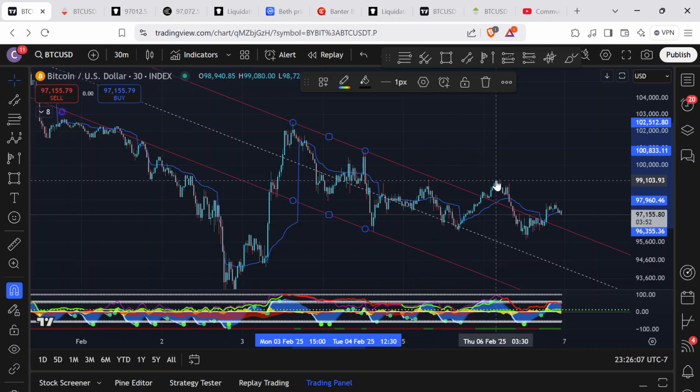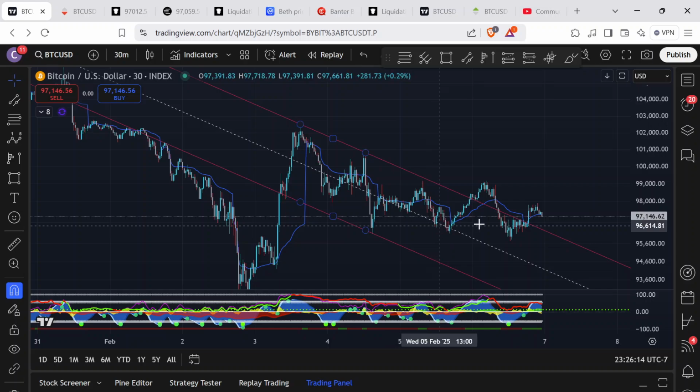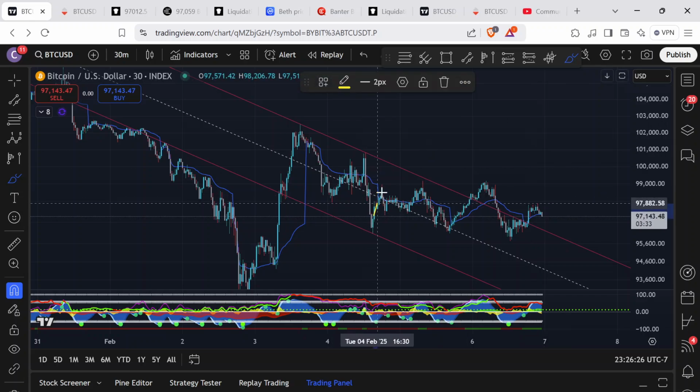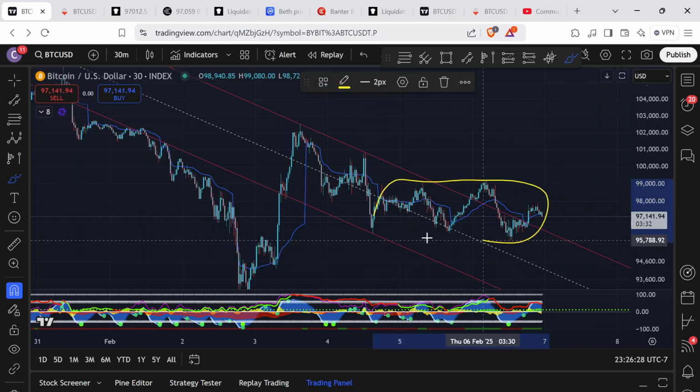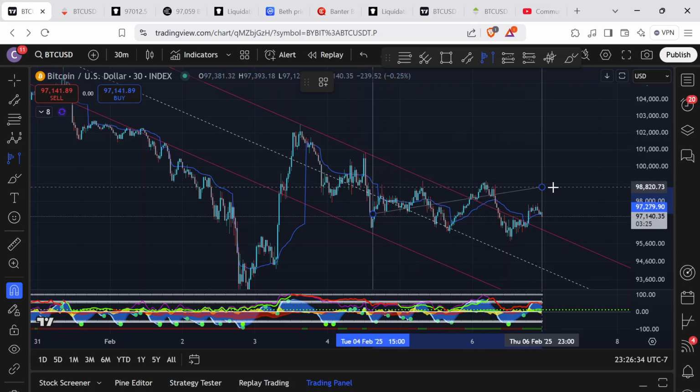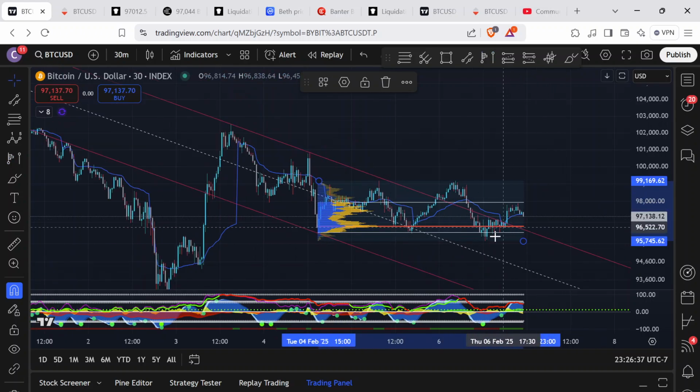We had the fake breakout earlier today. We came back down, and then we've kind of been ranging, but you can see from this part on, from this low that we made the other day, it's been more sideways. You can see this was a clear 3-wave zigzag to the downside, and from this point on, it's been more of a sideways correction here, right? And so I did a volume profile pull of that sideways range,